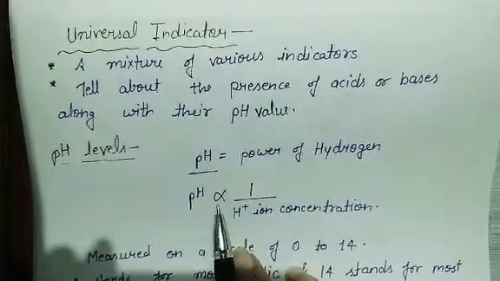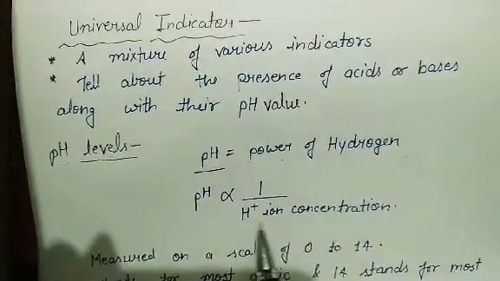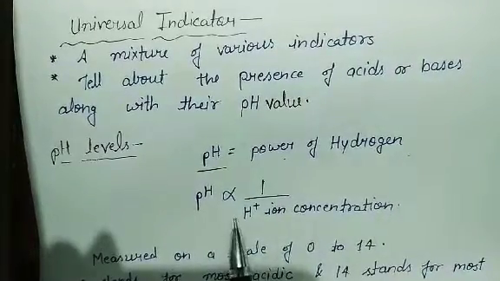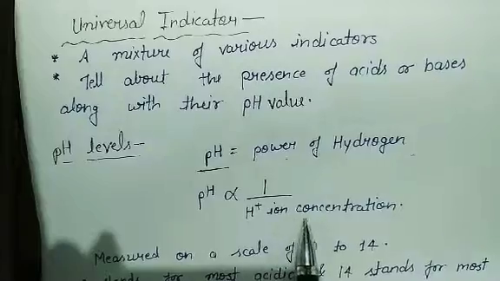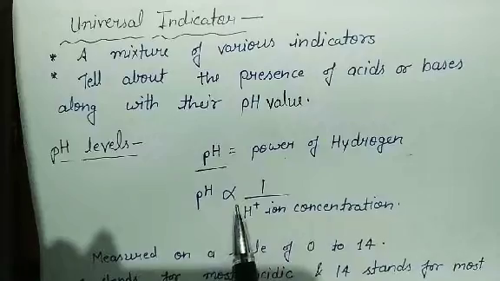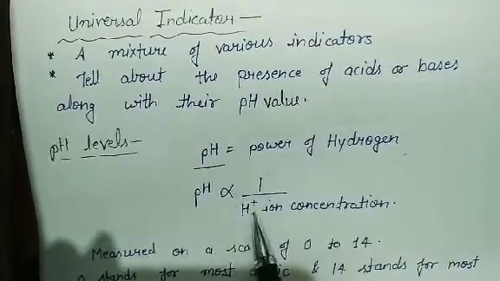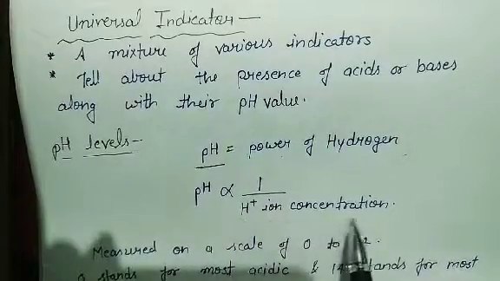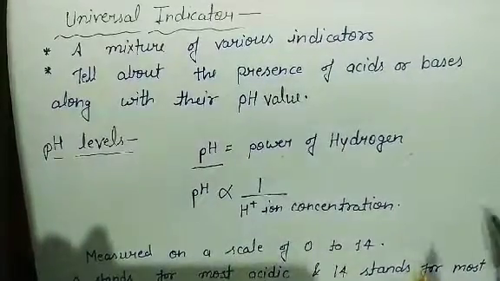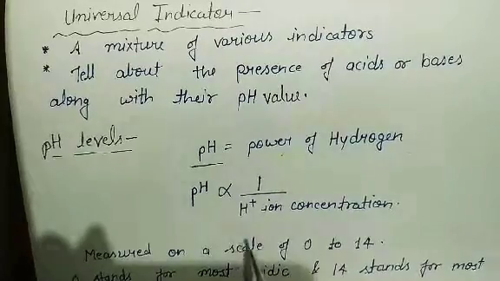In case of an acid, you may easily understand what that means, because a very strong acid will have a very high hydrogen ion concentration. Because of that, the pH value of the strongest of acids will be very low, because it is inversely proportional to it. That means the more the hydrogen ion concentration, the lower will be the pH. जितना ज़्यादा हाइड्रोजन आयन concentration होगा उतना ही pH वैल्यू घटती जाएगी उस केस में.